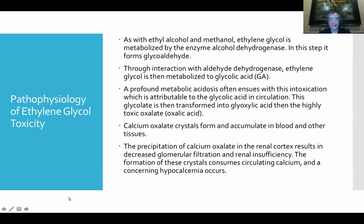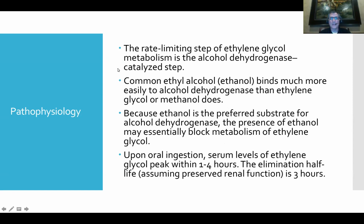They're going to block up the kidney and cause kidney failure. And of course, those crystals are oxalate, which binds calcium and drops the calcium level, which then causes the potassium to run unopposed in the heart, and you get cardiac arrhythmias as a result. Now, when it comes to the catalyzing step, alcohol dehydrogenase,